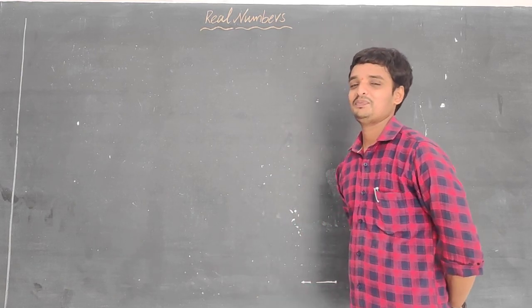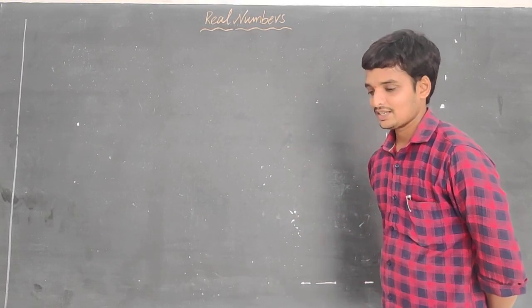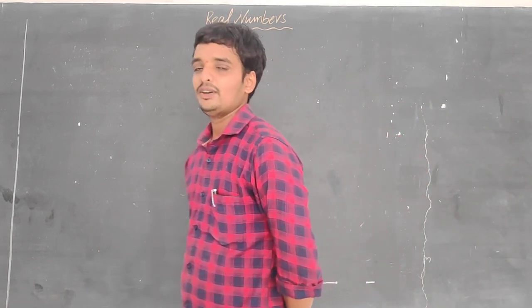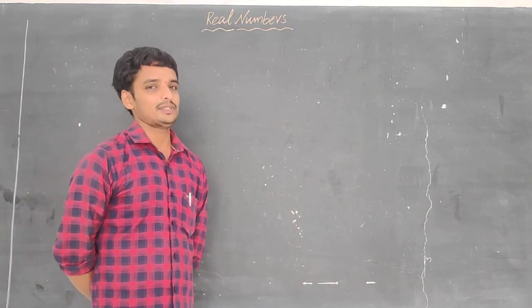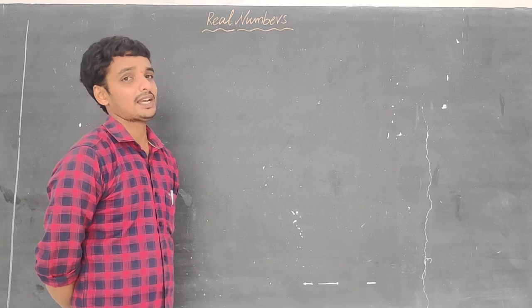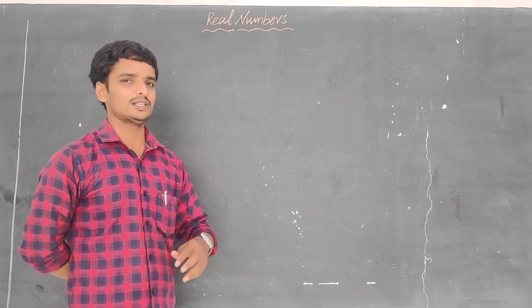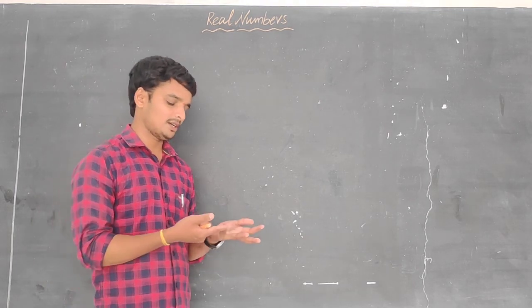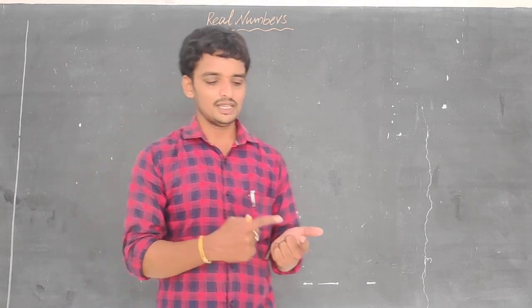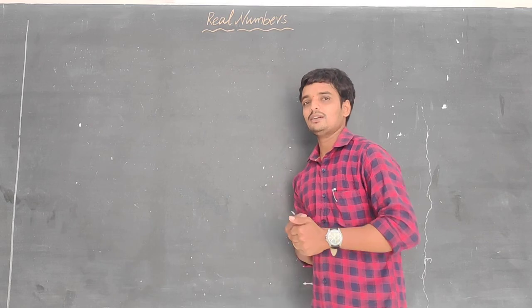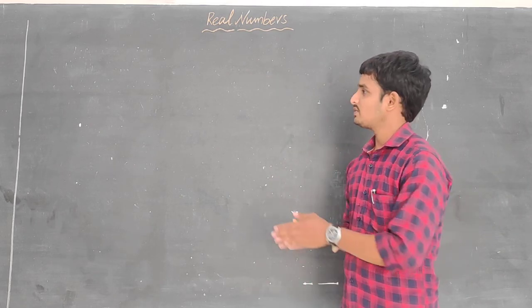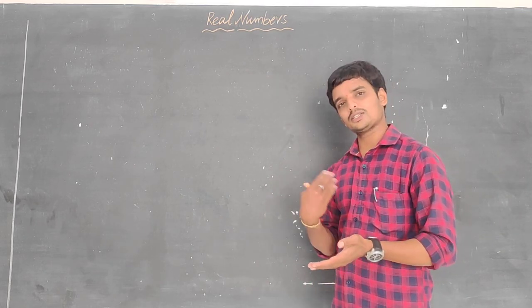Are you well? Okay, in the last class we have discussed the first chapter, real numbers. Actually we kept the heading rational numbers. So we have discussed about rational numbers, not only rational numbers, the number system starts from the natural numbers, whole numbers, integers, rational numbers and irrational numbers we have discussed. And some more topics I have discussed in the next video.